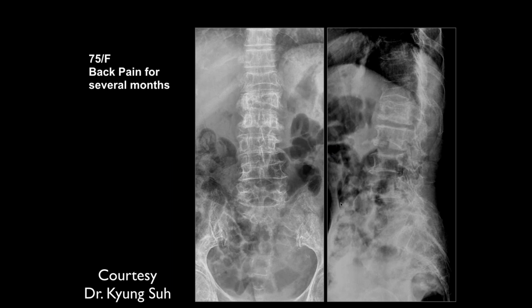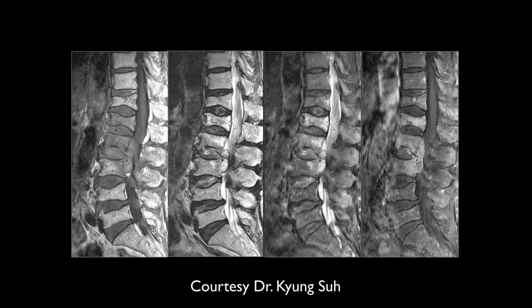So, 75-year-old female, back pain for several months. So epi and lateral B of the lumbar. So 5, 4, 3, 2, 1. Probably L1, 2. So a lot of osteoporosis, right. Compression fractures, right. So multiple sagittal views. So 5, 4, 3, 2, 1. So L1, 2 abnormal signal with epidural,